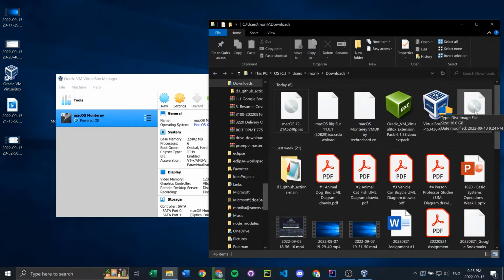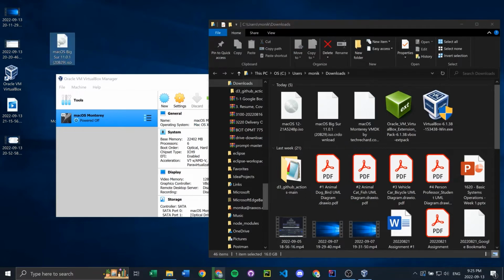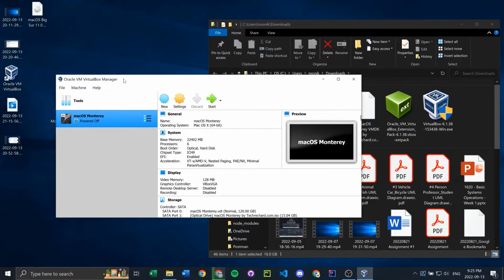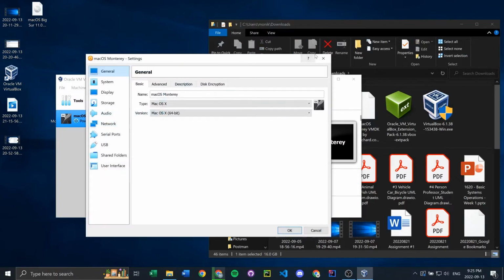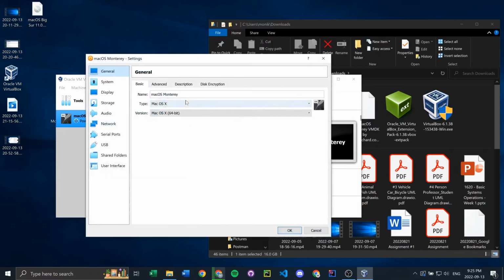So we got it downloaded right here. macOS Big Sur. So I'll put it on desktop so it's easier to get to. Make sure macOS Monterey is selected. Go to Settings,